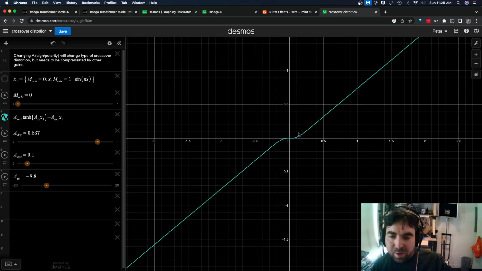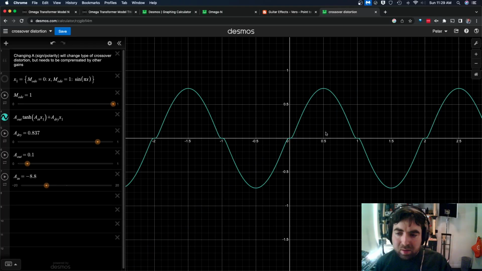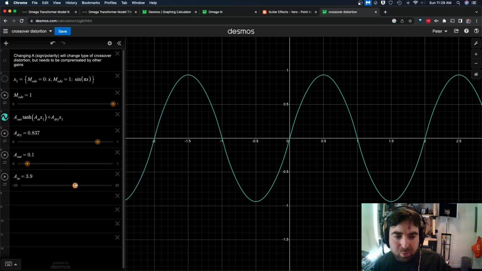This would actually be what that class B amplifier was doing, where it's going to zero a little prematurely, and it's lingering at zero on either side of the peak. So I think that's what we were seeing before, and you can control the amount of it very easily, or we could go the other way and